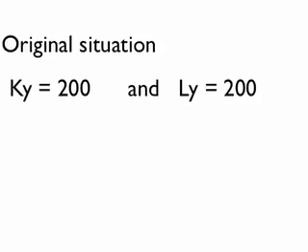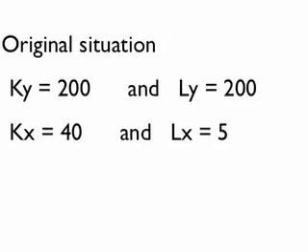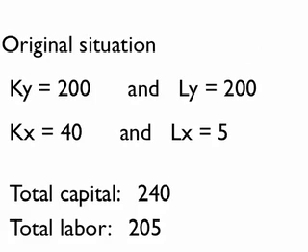So let's imagine that originally industry Y uses 200 units of capital and 200 units of labor. The X industry uses 40 of capital, 5 of labor, with the total amount of capital equal to 240 and the total amount of labor as 205. It's important to keep in mind that whatever changes are made in the use of capital and labor in the two industries, they still have to add up to this 240 units of capital and 205 units of labor,